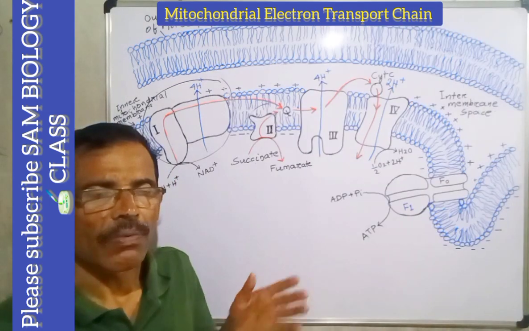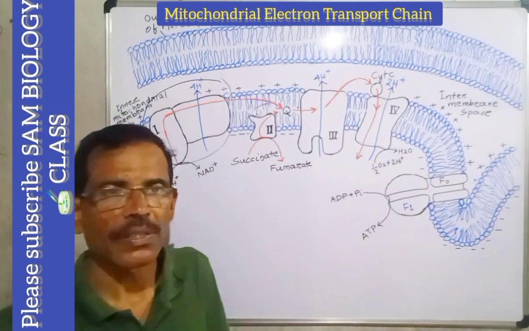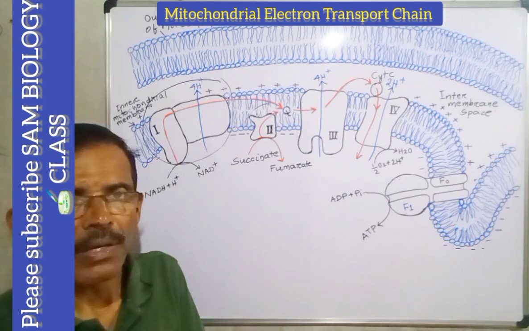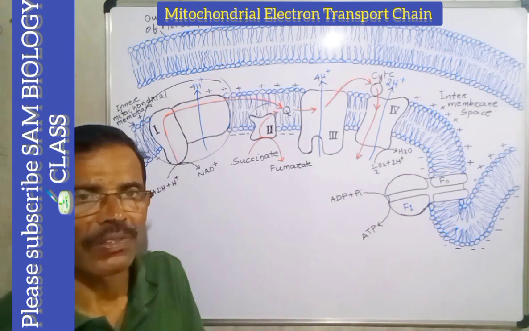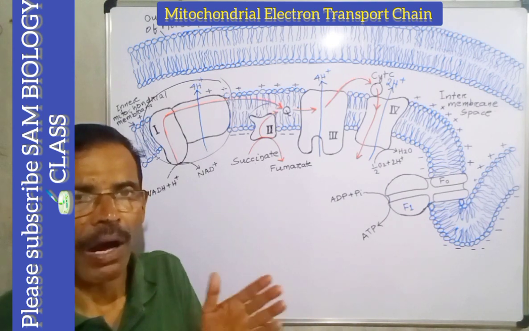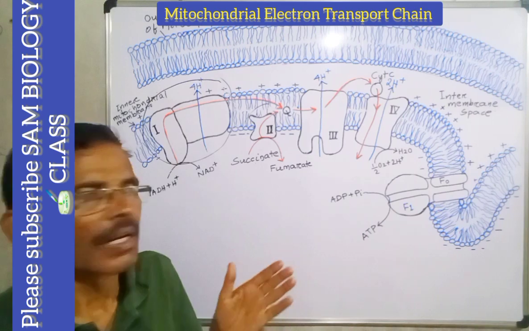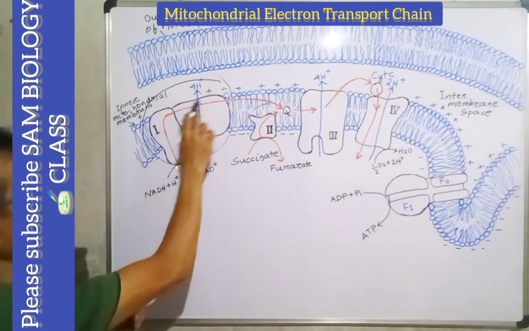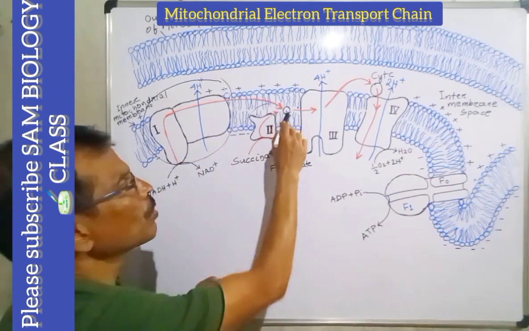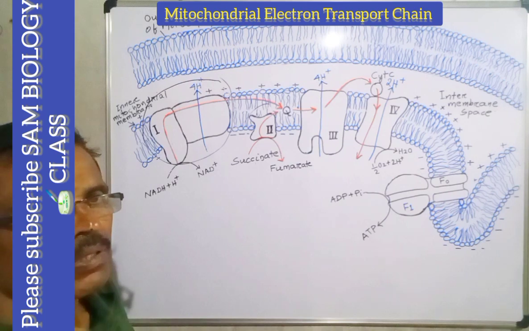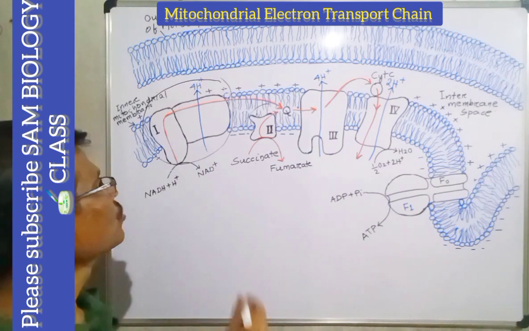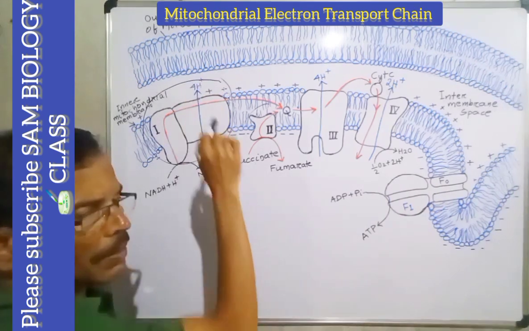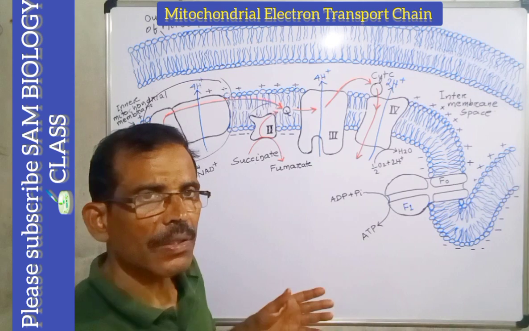The pathway of electron transport in complex 1 is from NADH to FMN and from reduced FMN to iron sulfur center and then to iron sulfur proteins and finally to ubiquinone. So the function of complex 1 is to reduce ubiquinone to ubiquinol. Simultaneously, it also pumps 4 protons from mitochondrial matrix to the intermembrane space. In addition to this,